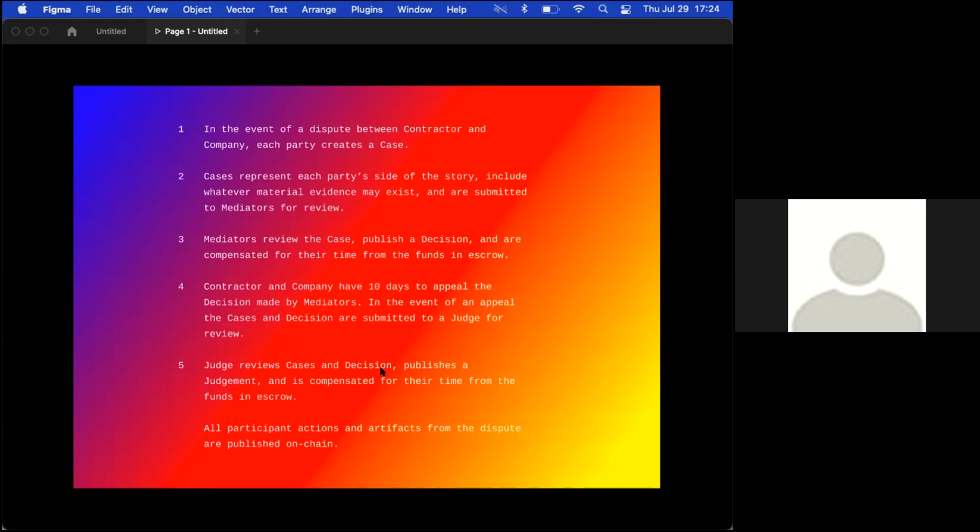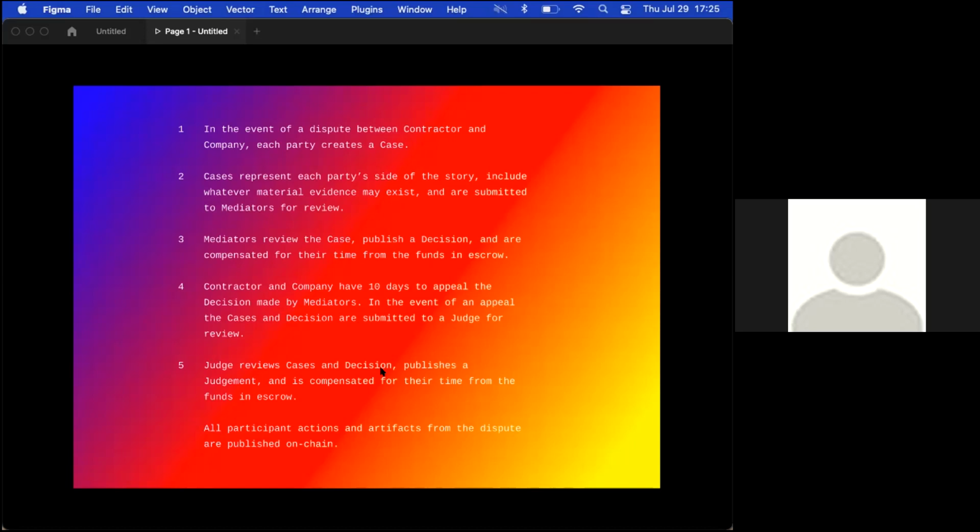And in this way, it's pretty much an entirely peer-nominated, on-chain process by which messy, fuzzy human disagreements can be resolved. And so I think in most cases, you would never need any of this. But knowing that it exists, and in the rare event that you would, I think it reduces a lot of risk between people that want to transact. And also, it doesn't rely on the physical jurisdiction of any one court.